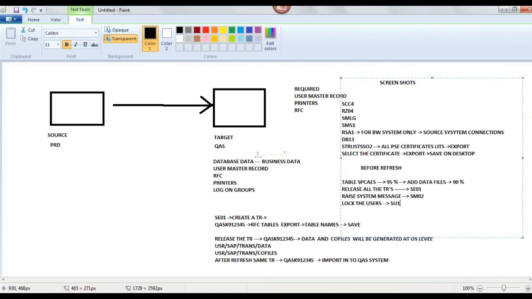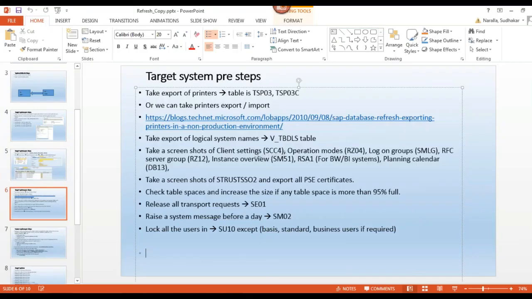Which T code? SU10. Okay. Don't forget, except basis users and standard users, because if you mistakenly lock all the users, including your basis, standard, business, all,